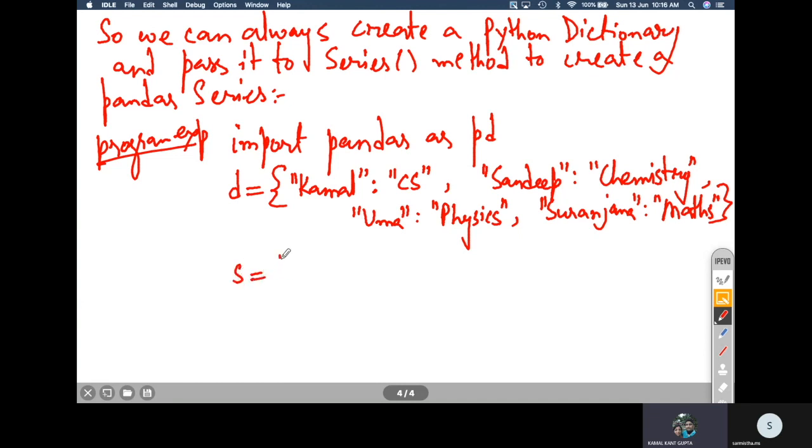And then we can just pass it as S is equal to pd.series, passing this D as the data object. If we leave the index for now, say I am not going to give any index, then let us find out what will be generated.